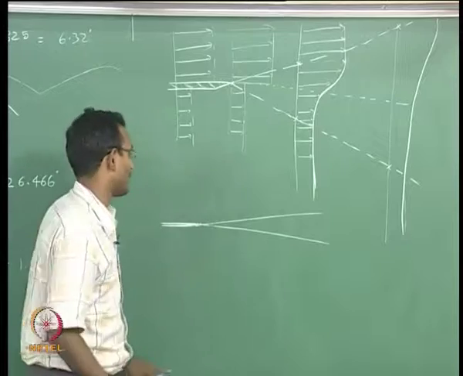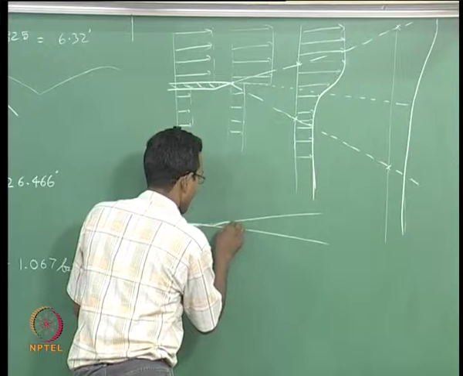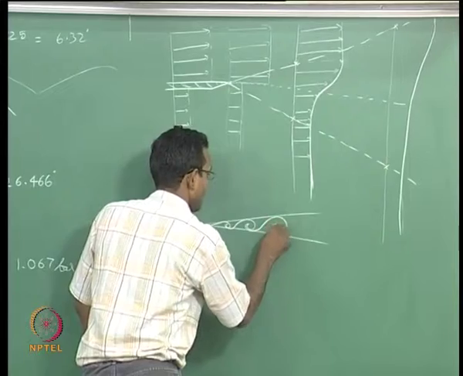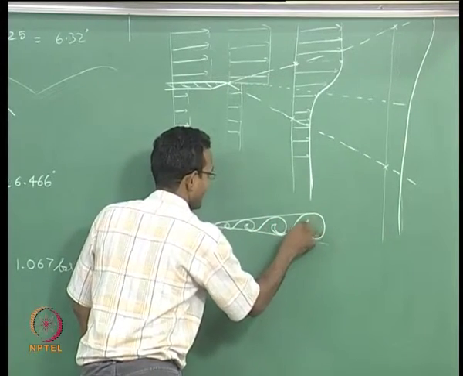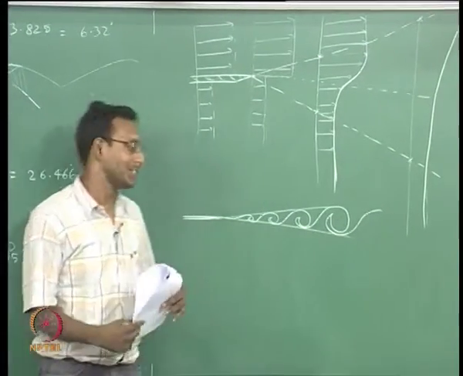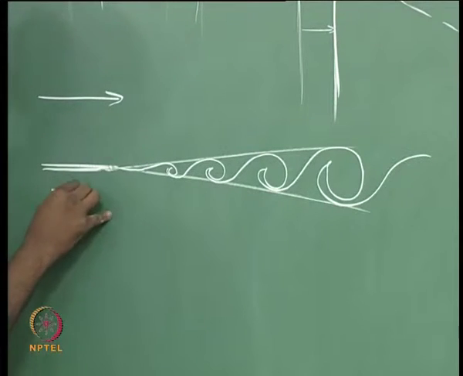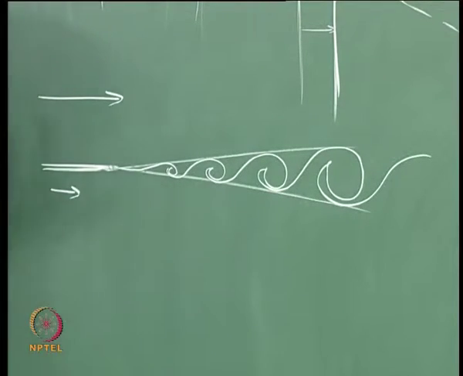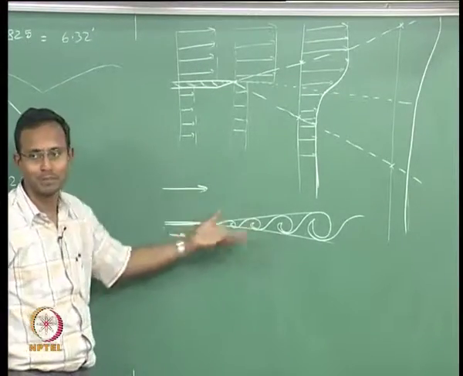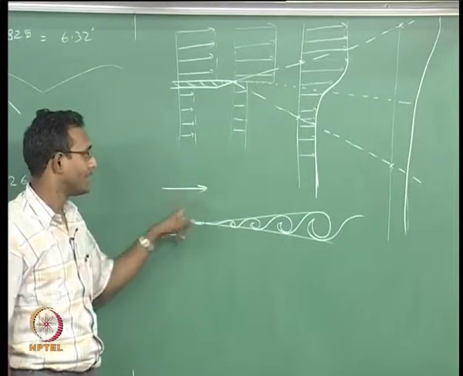You would have seen this in so many places. I am just going to draw this. These are nice pictures I can draw. In fluid mechanics typically, you will see something like this. What is really happening is I am assuming the top is going faster, the bottom is going slower. That is my assumption. Otherwise, it will not be turning down like this. Otherwise, it will just be a flipped image. It will just turn the other way. If the bottom is going faster, it is going to have something like this.